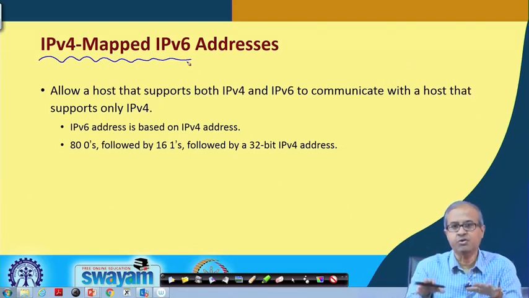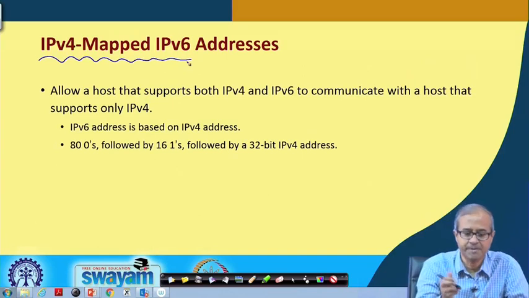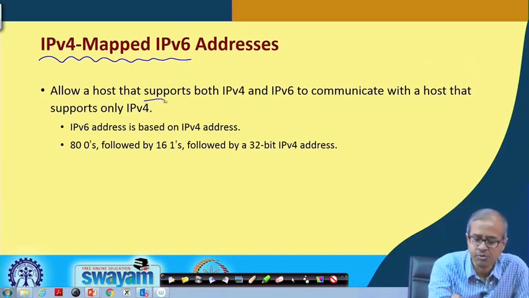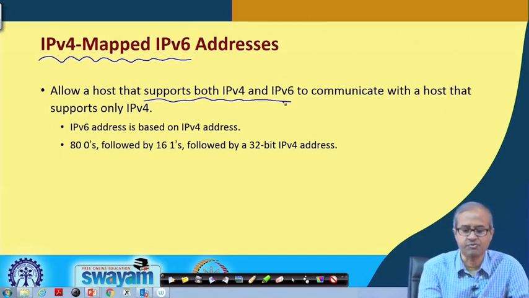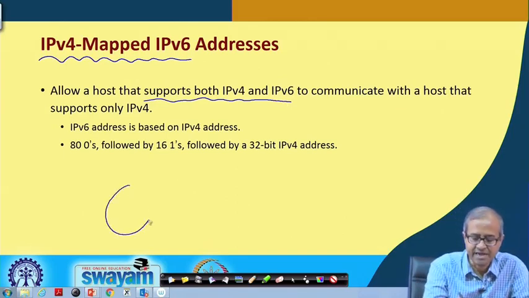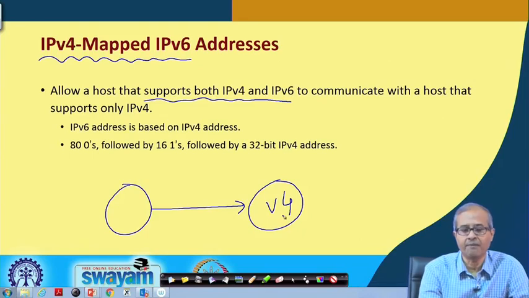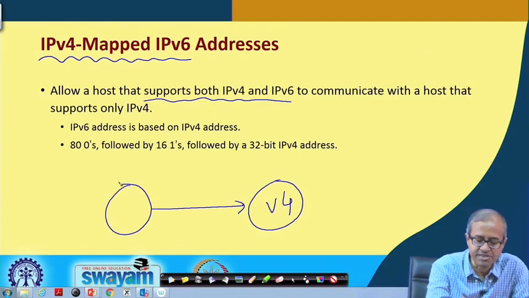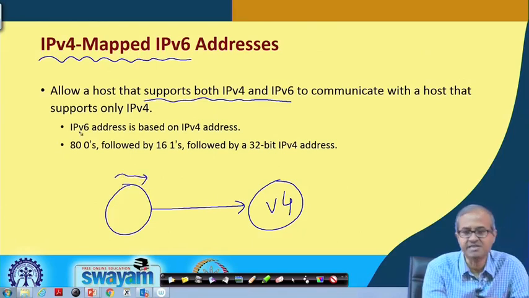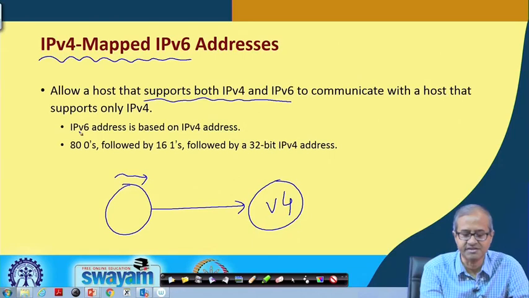This says within a host you install both IPv4 and IPv6 software. So, a host can support both IPv6 and IPv4, and that kind of a host wants to communicate with another host which supports only version 4. In that case, what is done? If the packet which is being produced is an IP version 6 packet with an IP version 6 address, then you generate some